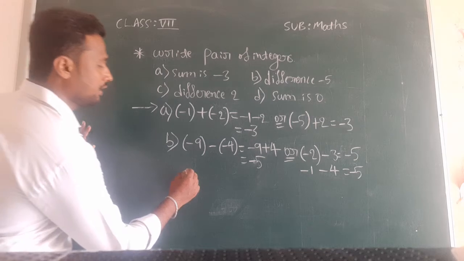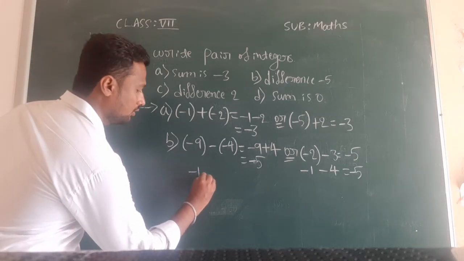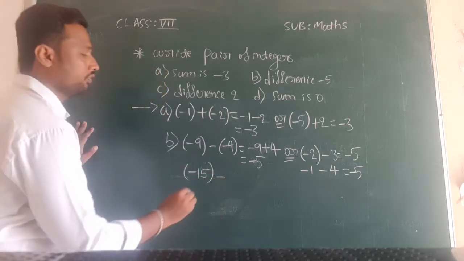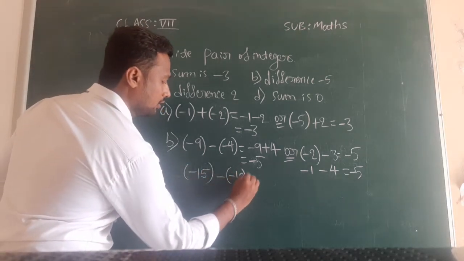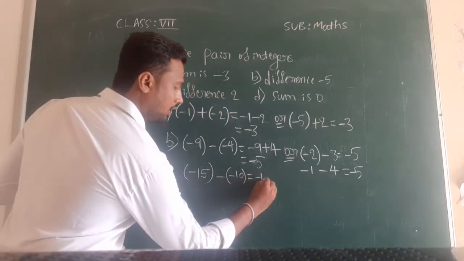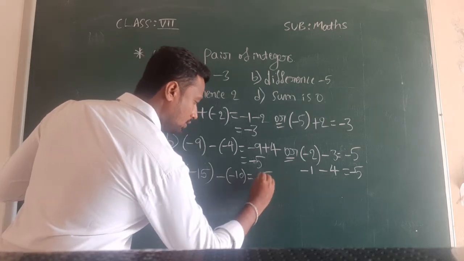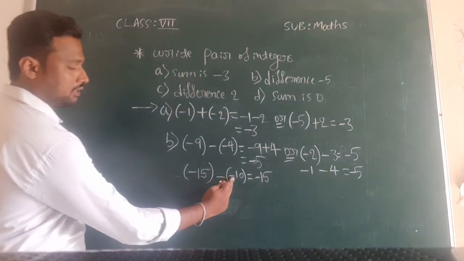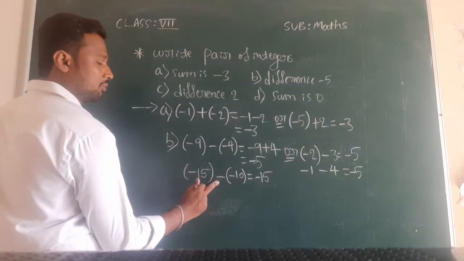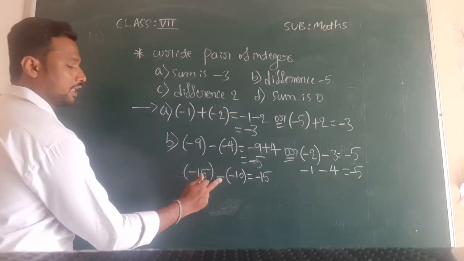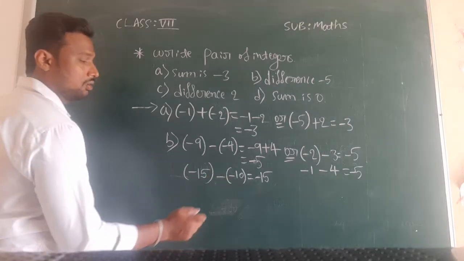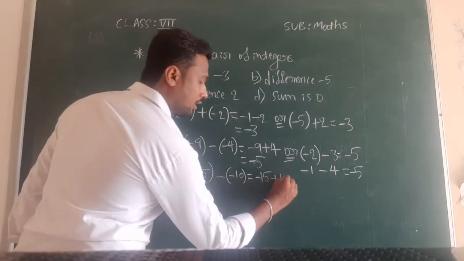Okay, so here I can write minus 15 minus of minus 10. Let us see. So minus 15, I will remove brackets first. Minus 15 I will write minus 15, and minus into minus here. When you are removing the bracket, you have to multiply the sign outside the bracket also. Here outside this bracket we have a sign, therefore you have to multiply there. So minus into minus plus, so plus 10 I will write.